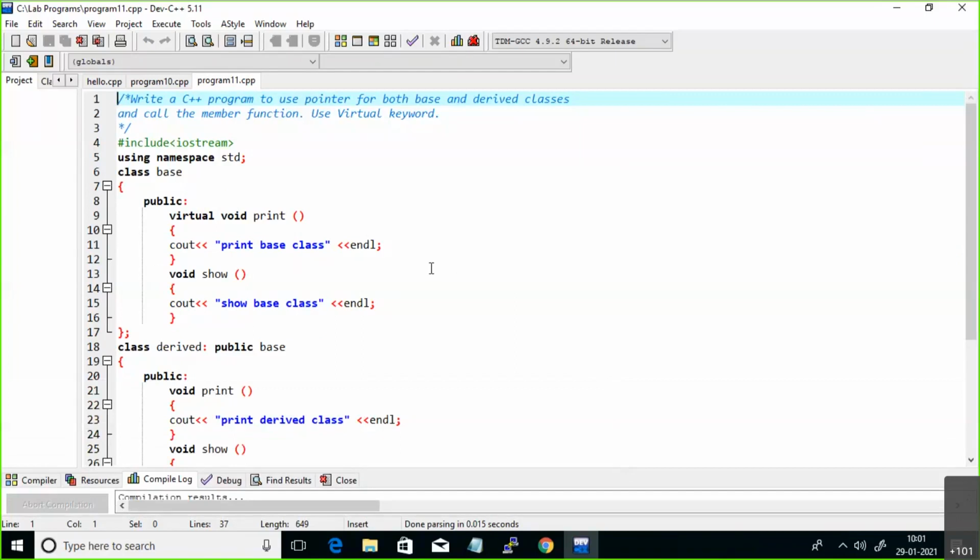Our 11th program is: write a C++ program to use pointers for both base and derived classes and call the member function.